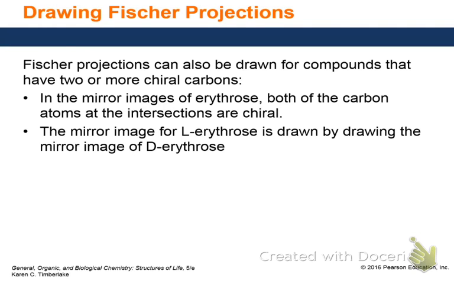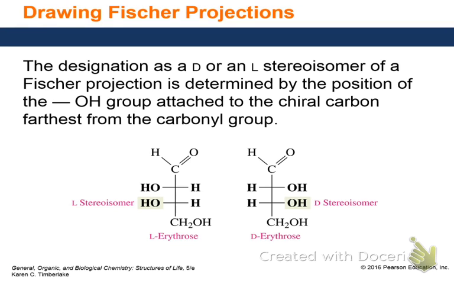So you can also have 2 or more chiral carbons in a molecule. So we're going to show the drawings for erythrose. And in erythrose, there are 2 chiral centers. So the 2 chiral centers, I'll highlight them in red, I guess. Orange, red. Ooh, I got a nice red color. That's there, and there. There. So in erythrose, which is a 4-carbon sugar,